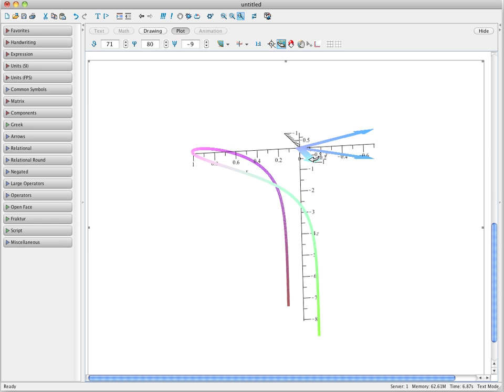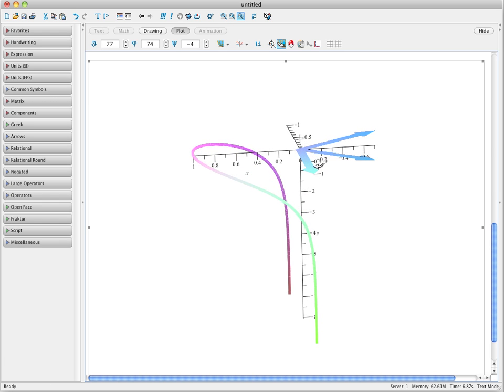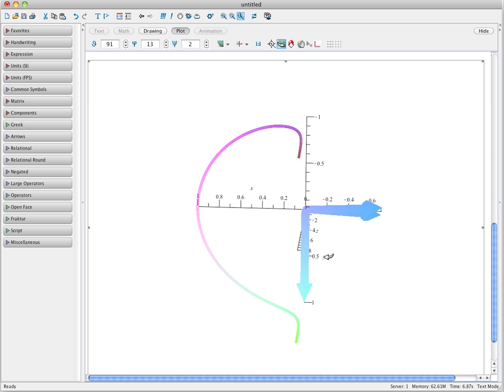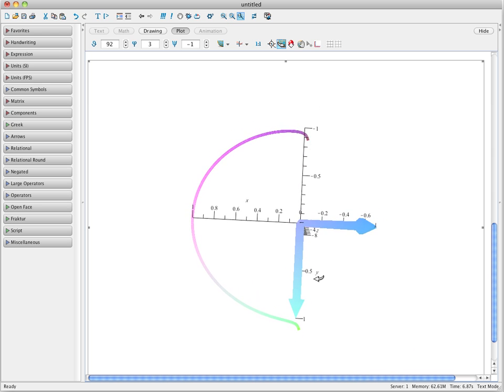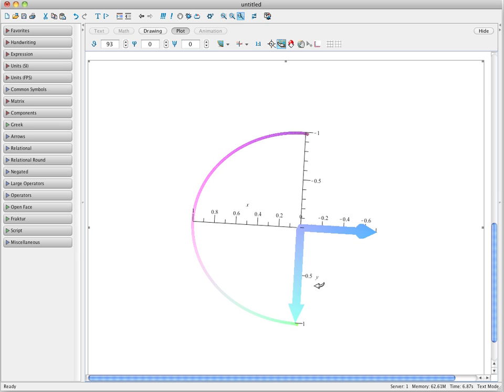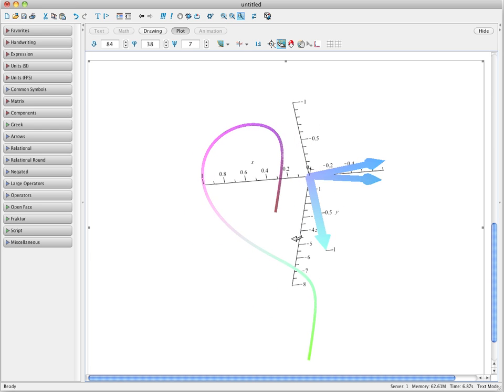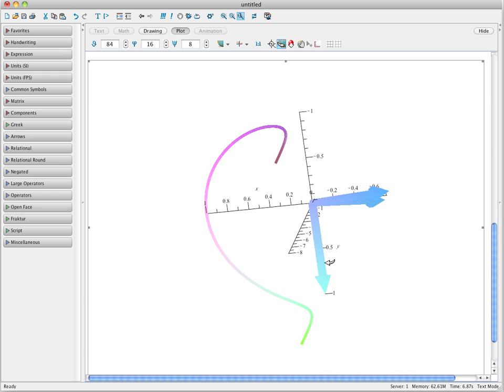Now, first of all, these two vectors, the unit tangent vector and the principal unit normal vector, or sometimes simply referred to as the normal vector, are supposed to be orthogonal. Well, if we spin these around, I think we can probably convince ourselves that those really are orthogonal. Just by visual inspection, it looks like, yeah, they probably are, in fact, orthogonal. And actually, this view even gives you a better idea that this is probably tangent. And it is pointing in the direction of the curvature. This binormal vector is supposed to be orthogonal to everybody. Well, clearly, if this is the binormal vector,